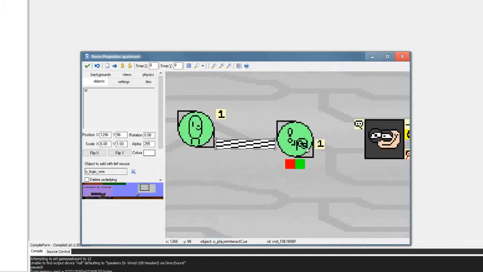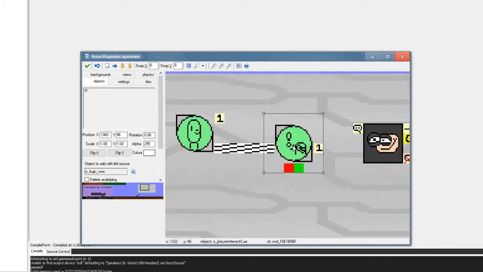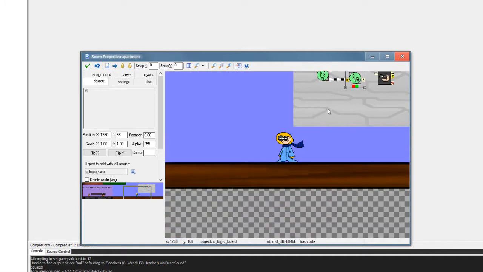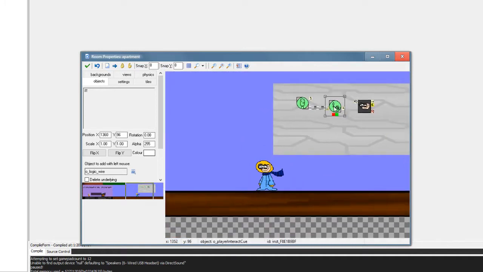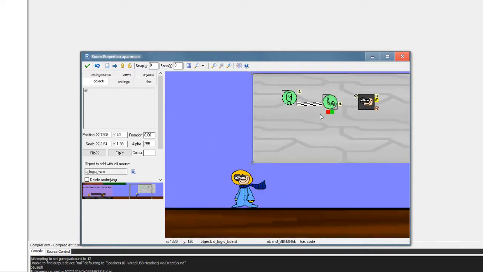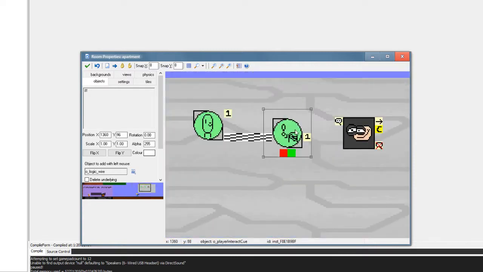Now, this next piece here is the player interact queue. So whenever you come up to an NPC and you see the little exclamation mark over his head, and you hit the E button to interact with him, that's what this logic piece is doing. It's basically going to apply to whatever object this board is linked to. In this case, this board is linked to Mr. Bob, so anything on here is going to apply to Mr. Bob. He's going to get a little exclamation mark over his head, and as soon as you press E,